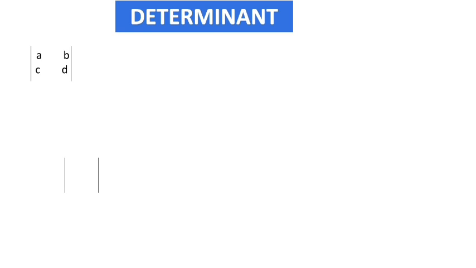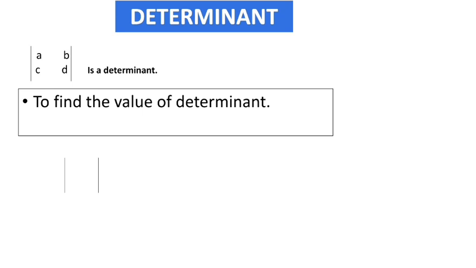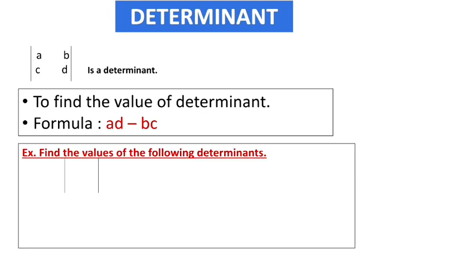A, C, B, D are the determinant. To find the value of determinant, we have to use the formula A into D minus B into C. It means a cross multiplication. For example,